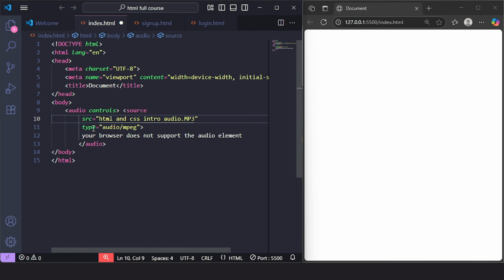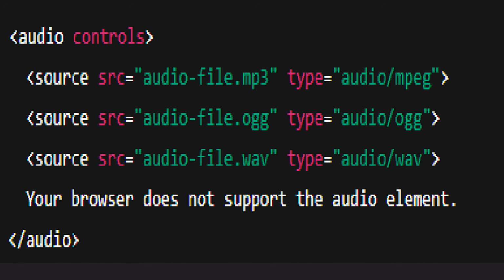And there is the type part, which tells the browser what kind of audio file it is. So since my audio file is an mp3 file, we set the type to audio/mpeg. Alright, so now, what if your audio file is not an mp3 audio file? That's totally fine. You just need to tell the browser what kind of audio it is. For MP3 files, the type is audio/mpeg. And for OGG files, the type is